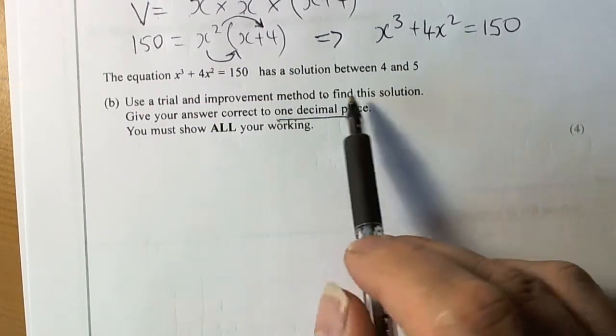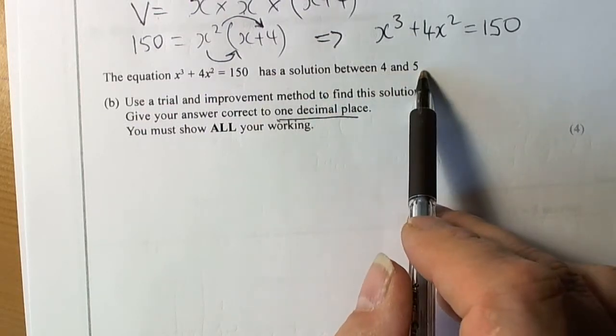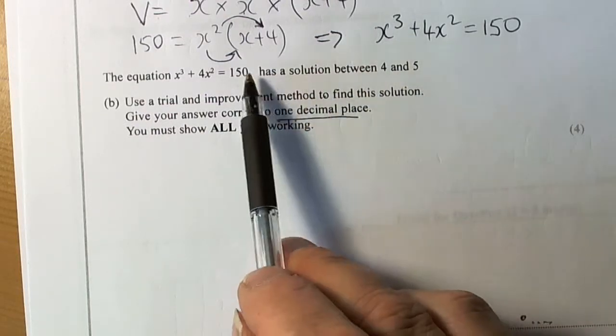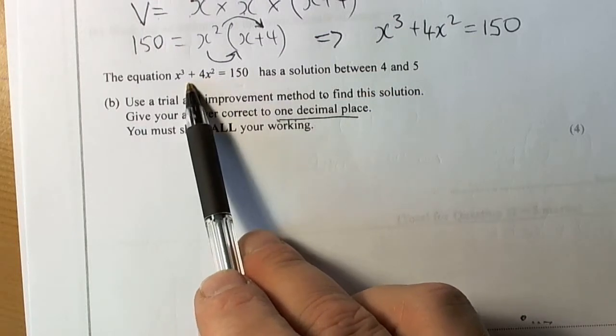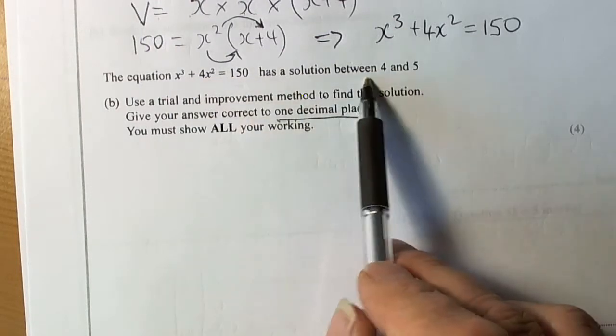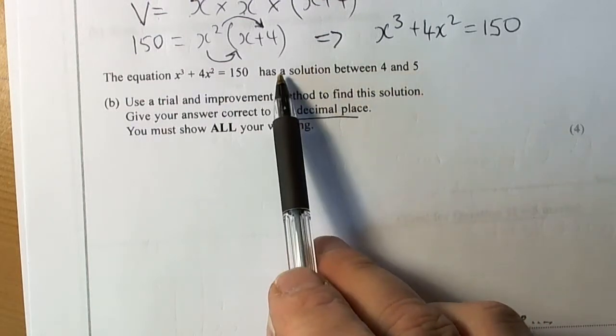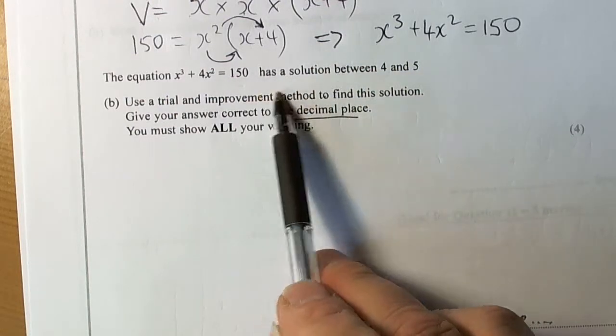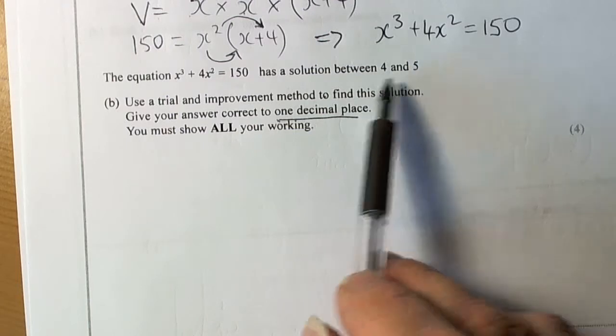Now they're giving us a clue that the answer is going to be between 4 and 5. Sometimes they don't give us a clue, and you've got to just try numbers until you find something that gives you an answer that's higher than 150 and less than 150, and then you know what to go between. If they say to you, show that it has a solution between 4 and 5, then you would put 4